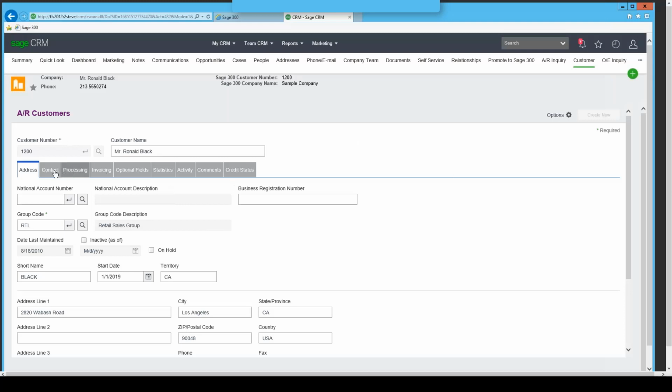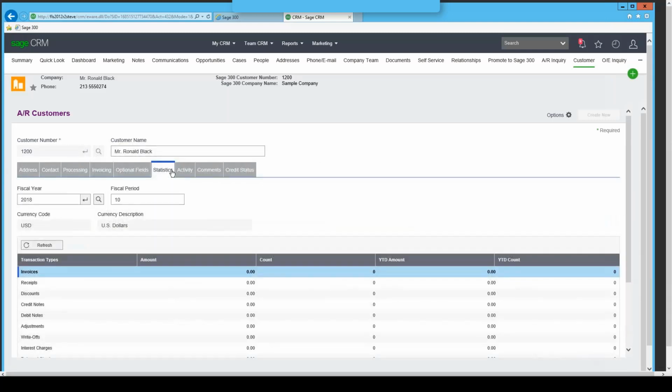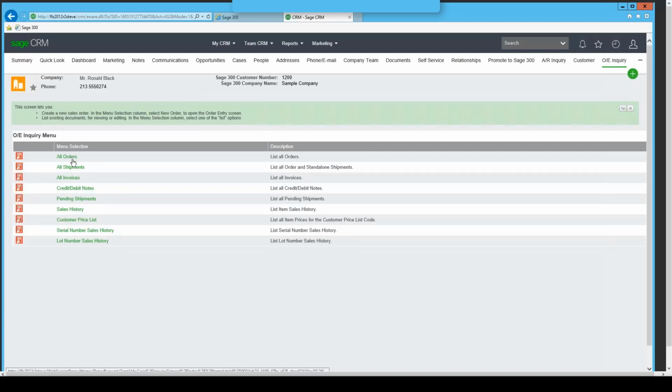I can actually look at not just their address, but their optional fields or their statistics or any other information that is related to this AR customer while I'm in their CRM screen. So I no longer even have to have access to the Sage 300 environment if I am, say, a salesperson and I just want to look up some stuff, or if I'm in the warehouse and I want to query orders for this person. I can come here, I can go to order entry, and I can now look at